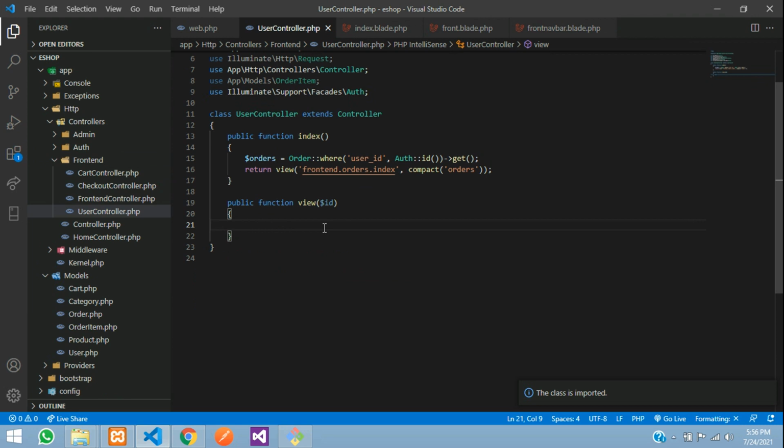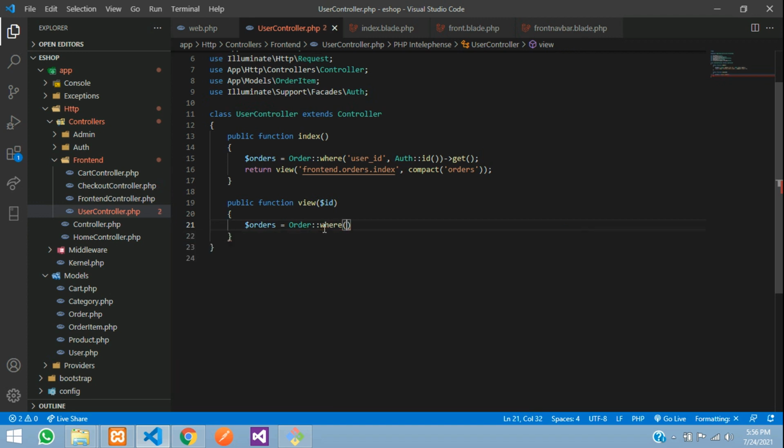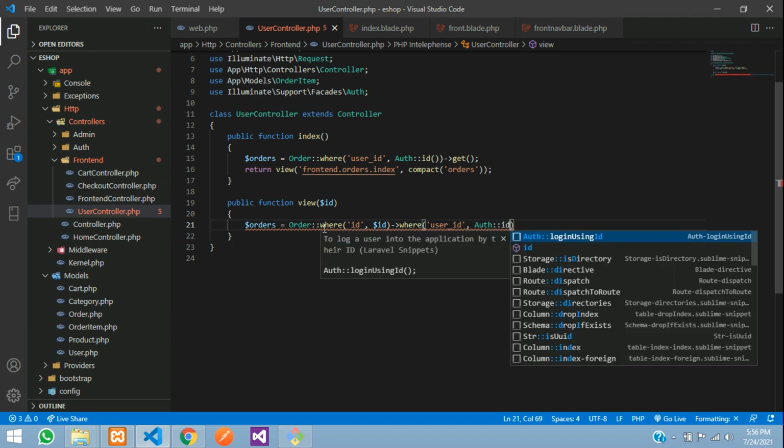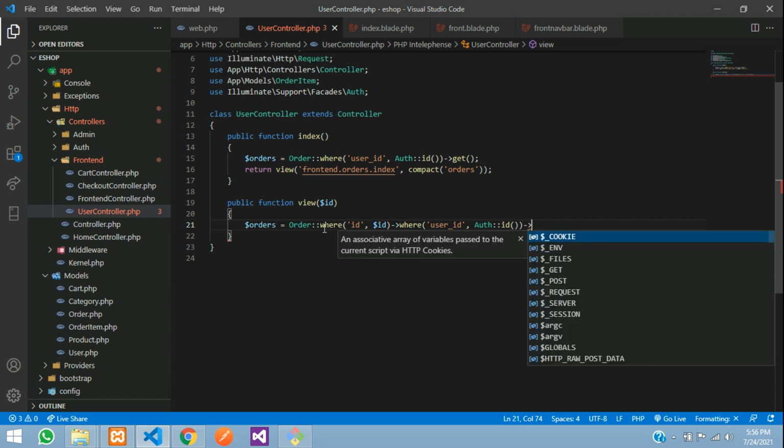So now here you are going to say $order is equal to orders is equal to order model, where the ID is equal to the $id, user ID, so where user underscore ID is equal to the authenticated user's ID. So get function